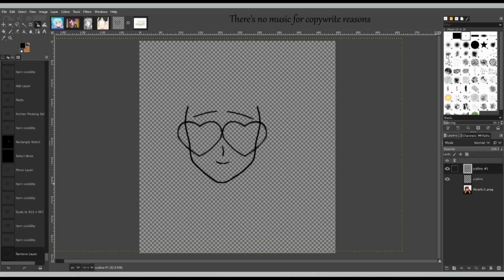You can rename. It's up here. Rename as hearts. Hearts outline. Yep. And normal outline. Cool. I don't mind that. That works. And the only thing I want to do on this one is I wanted to move her mouth up,